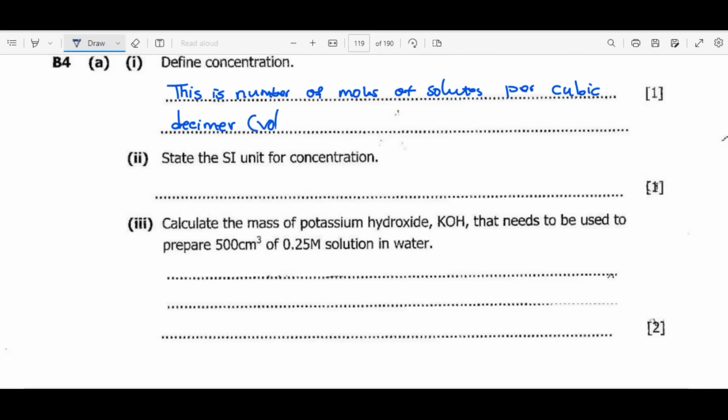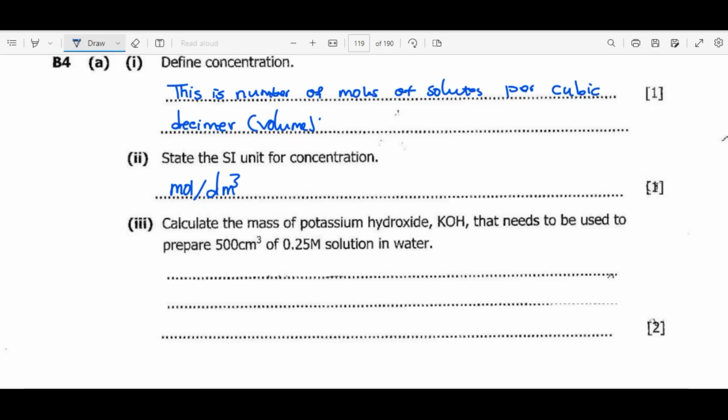Which is the volume. Then state the SI unit for concentration. So concentration is given in mole per decimeter cubed. Then we have question Roman number 3. Calculate the mass of potassium hydroxide that needs to be used to prepare 500 cubic centimeters of 0.25 molar solution